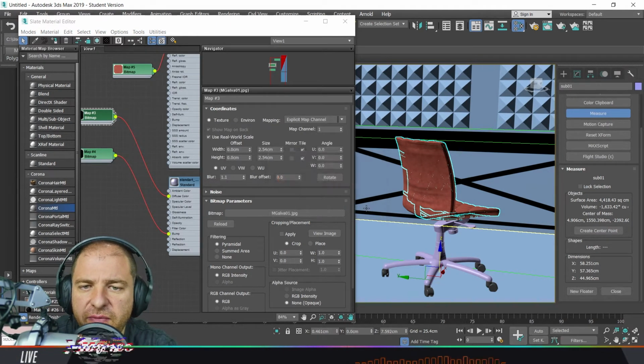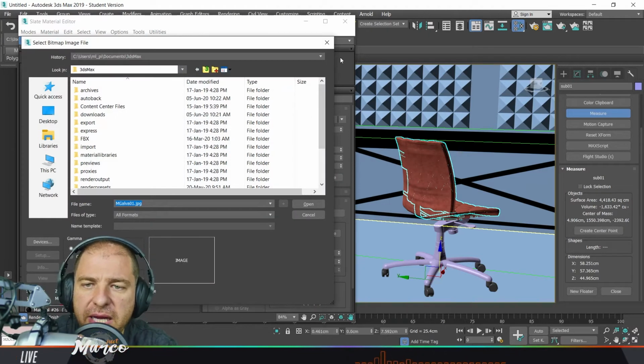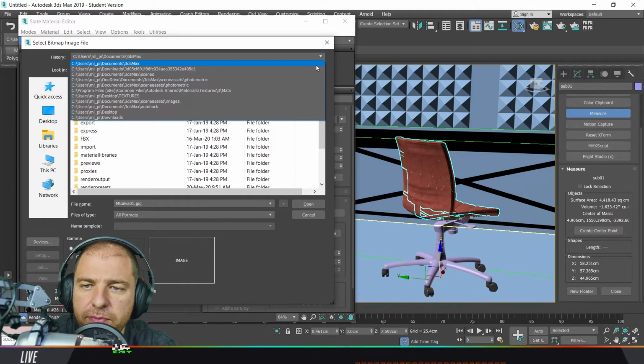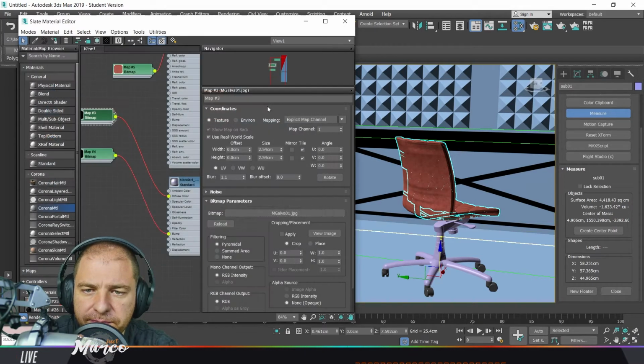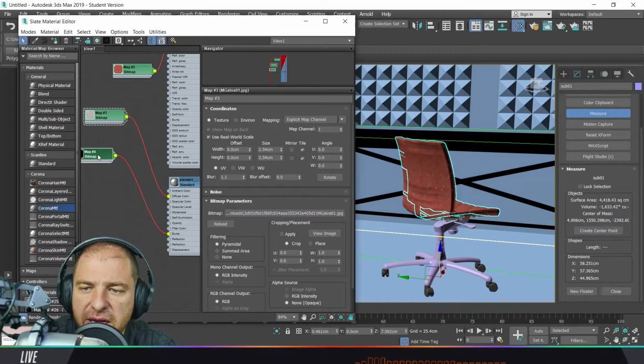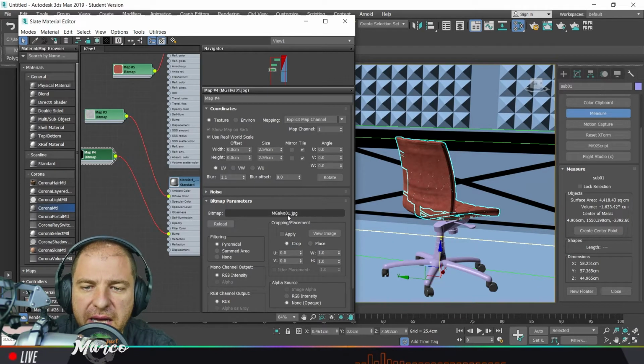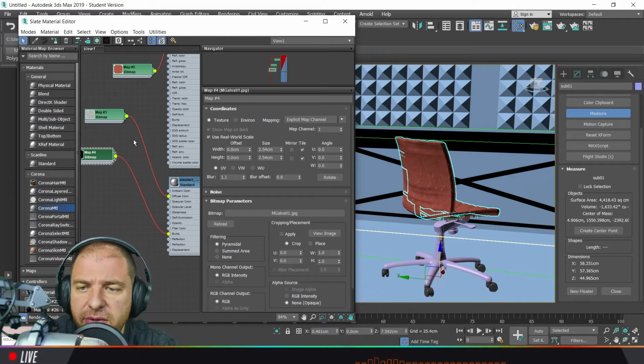Of course, it is not found, but if I go to my history, I can quickly go to the folder, and this is the picture used in the diffuse color. Then I go to the picture that is my bump map. I can see that it is actually the same, so I will instead use a more convenient way. So I will delete these,